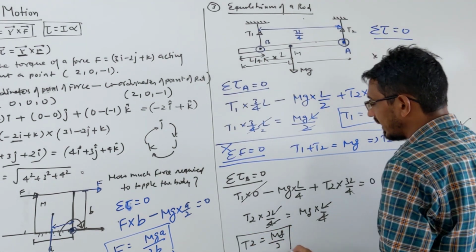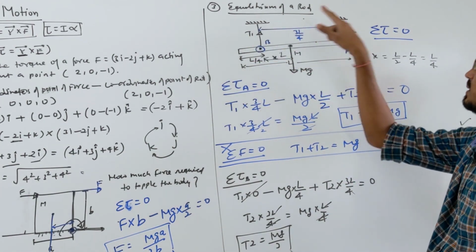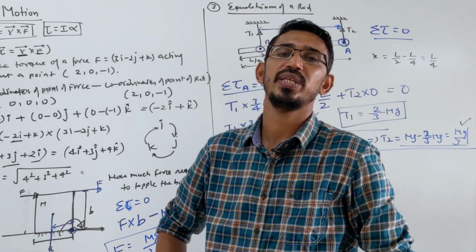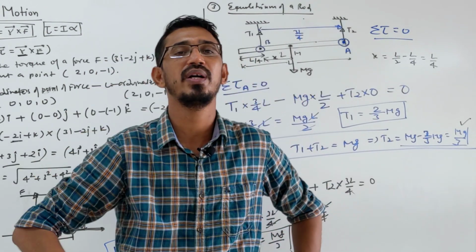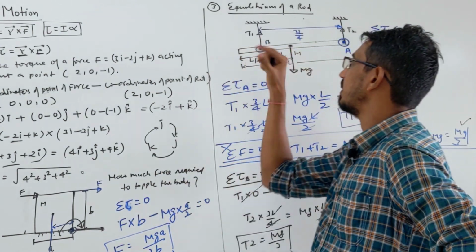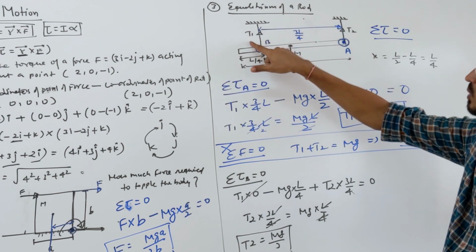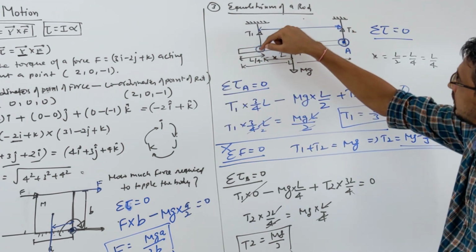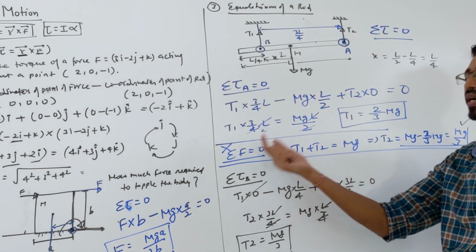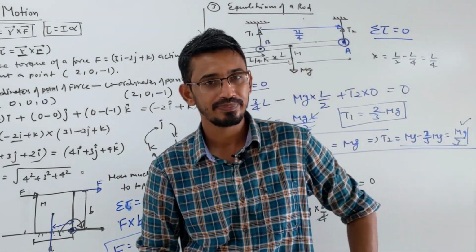So you can take torque at any point. You can take torque here also, but when you write the equation here, there will be two unknowns, T1 and T2 both, right? So always take torque at a point where some unknown force is acting, so that at least the torque due to that force becomes 0, and you can find the other unknown from that equation. Like first you took torque at this point, so the torque due to this became 0, and you could find that unknown. You took torque at this point, the torque due to that became 0, so you can find the unknown T2. Or you can write this equation also once you find one value: translatory equilibrium, the net force should be 0.